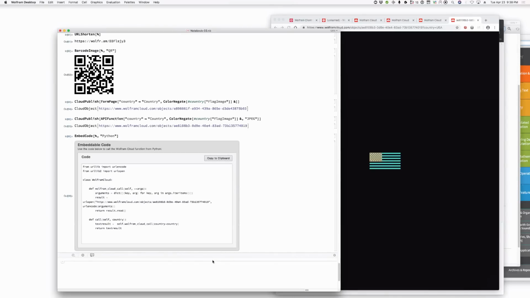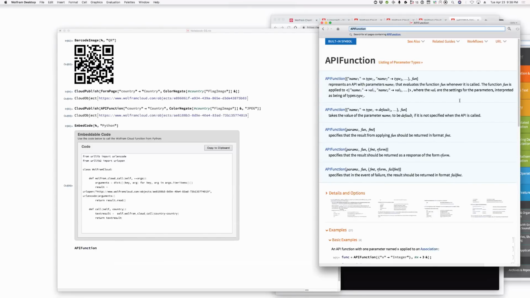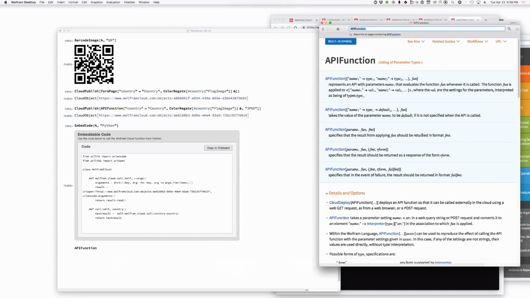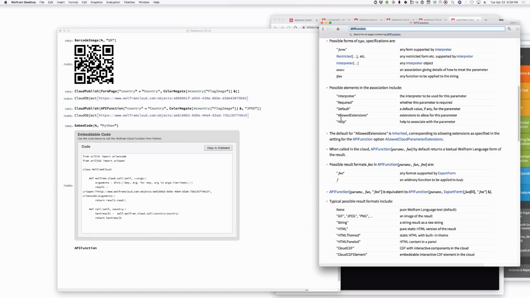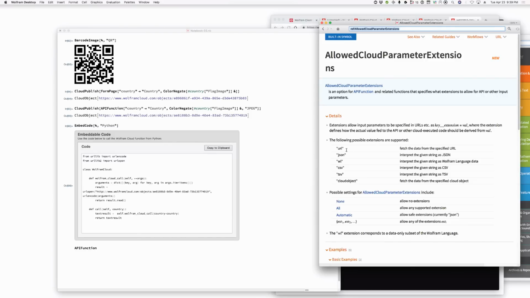Now, what's new in version 12 for all of this? Again, this is quite technical, but there's a bunch of new options for the way that API functions work and the way that cloud deployment works. In particular, this is all about whether parameters are allowed to have extensions. So what this is about is whether, if you say, for example, I'm going to give an API